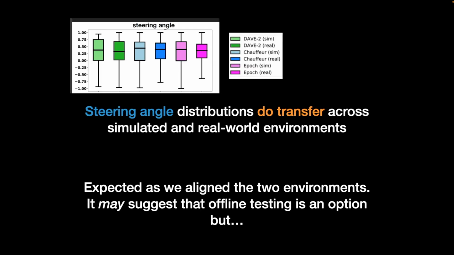Because in terms of steering angles, what we found is that during many driving simulations, the distributions across domains were found to be the same according to statistical tests. And this can be convincing, because you may think, okay, if the networks tend to predict more or less the same outcome, maybe you don't need to drive at all. You may use offline testing. Also, this sort of alignment was expected because of our effort to recreate the scene. But this would be a wrong conclusion,